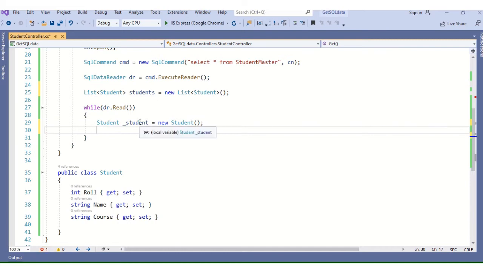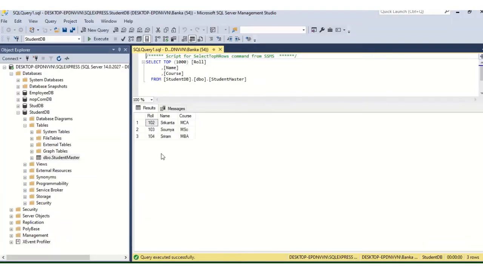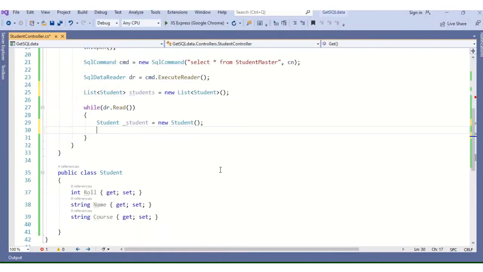So while dr.Read means in every row, here are 3 rows, so per row it will iterate, and I am writing the code here. So it will loop 3 times. Every time we are creating a student object, filling values to that and putting it in the list. So I will write here underscore student dot